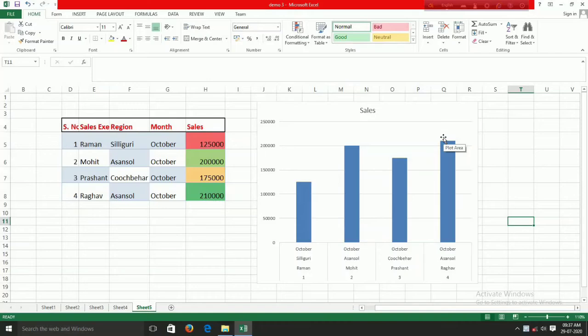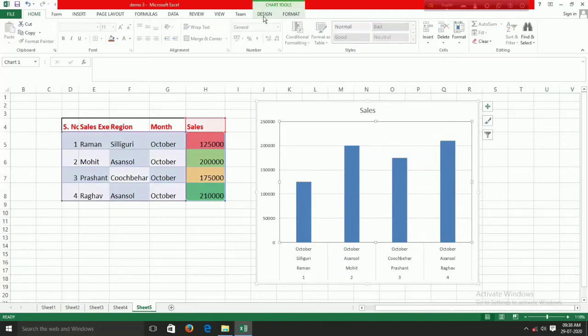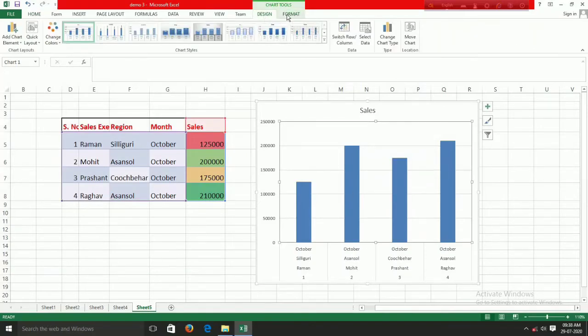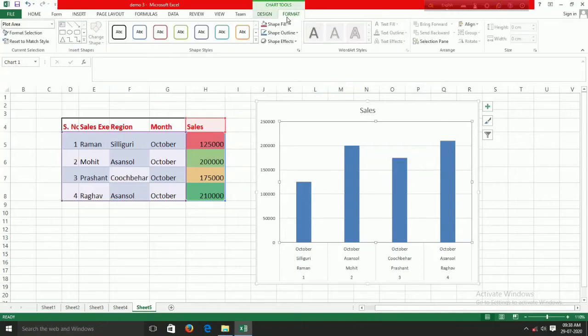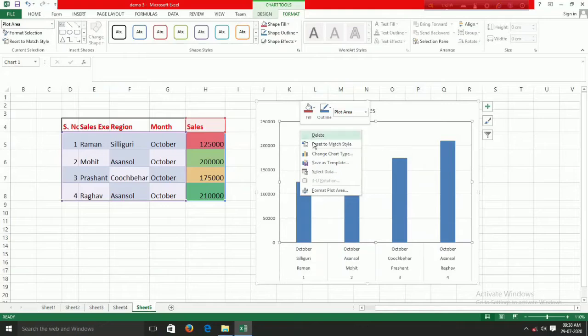Now I will first show you how to format the chart. To format the chart, right click on the plot area and select the plot area option. This is the plot area. So right click on it and select the plot area option. Then the format plot area dialog box appears. As you can see, I have selected the plot area. From here also I can select to format my plot area, but I will right click and go to format plot area. I will click on it.